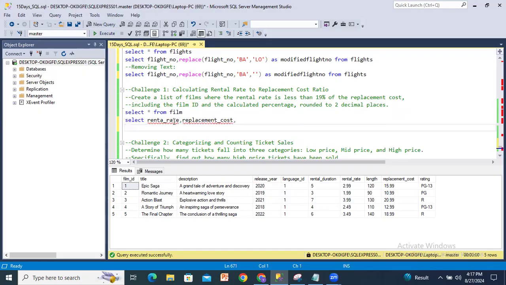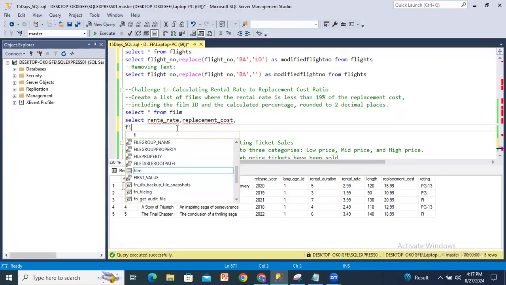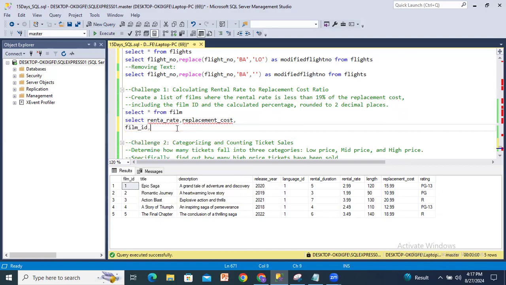Now here I will try to get the film ID, comma. Now we'll get the percentage. So percentage is called rental rate divided by replacement cost. This one I'll put in braces here,